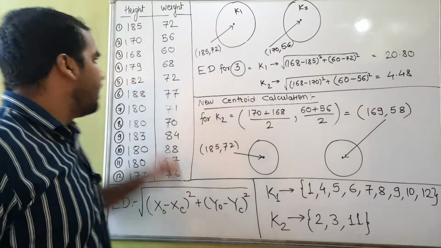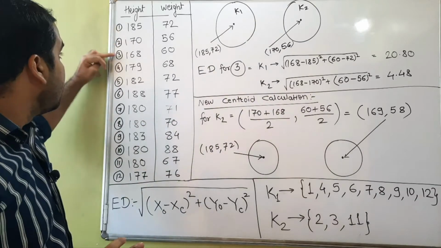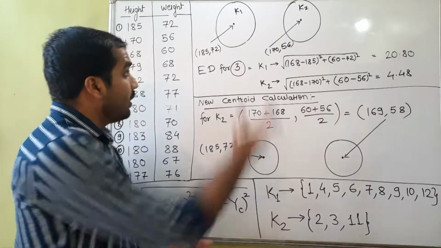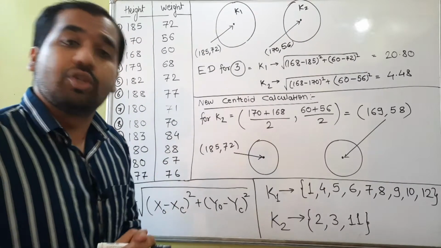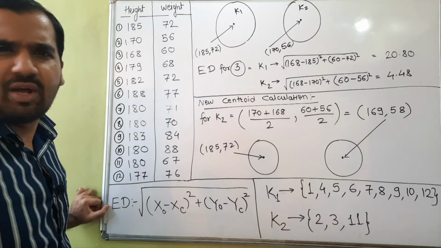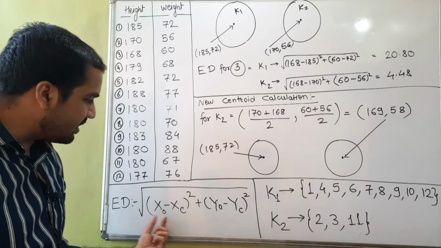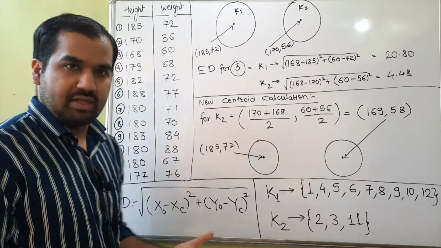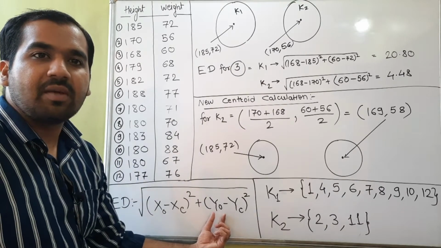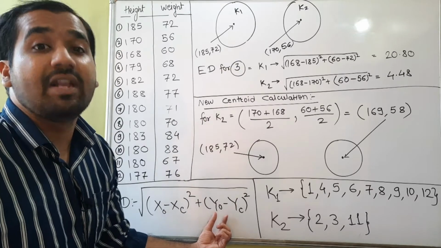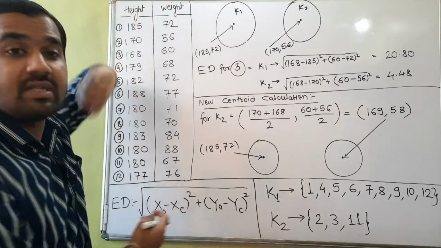Now we will move further. These both are assigned to their respective clusters, this to 1 and this to 2. Now what about the third sample? Will it be assigned to cluster 1 or cluster 2? How do we find that out? For that we need the Euclidean distance. This is not a new term to you. It's a pretty simple formula, where x0 and y0 are nothing but your data point or sample values, like an x value of 185 and a y value of 72.